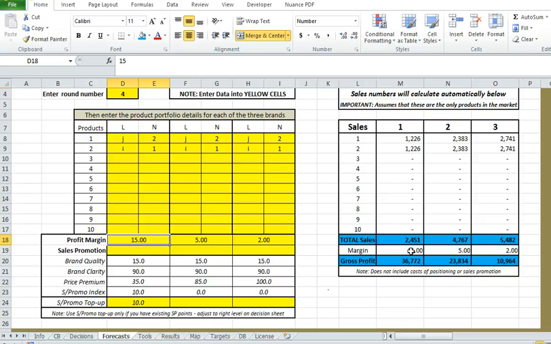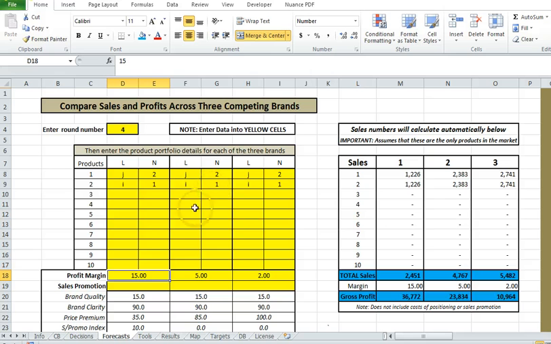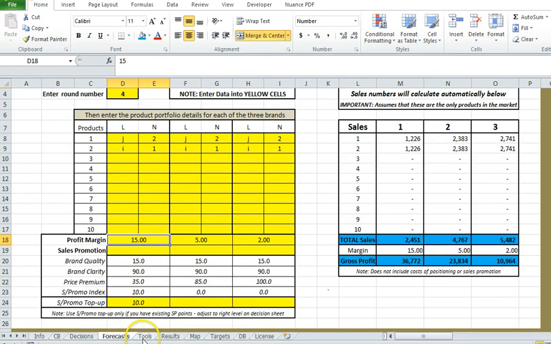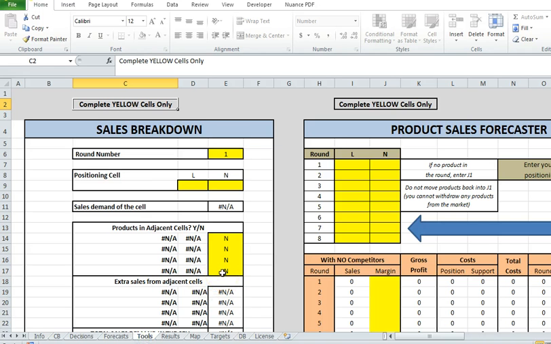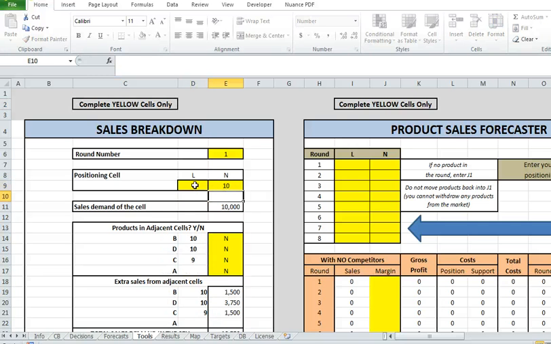So you've got to think about how you want to compete, and it tests the sensitivities, etc. So a very effective tool to use. That's the forecasting one. If we go forward to the tools itself, we might go, okay, why did we get so many sales? I don't understand. When you get the results, what you do is you pick a cell, say it's C10,